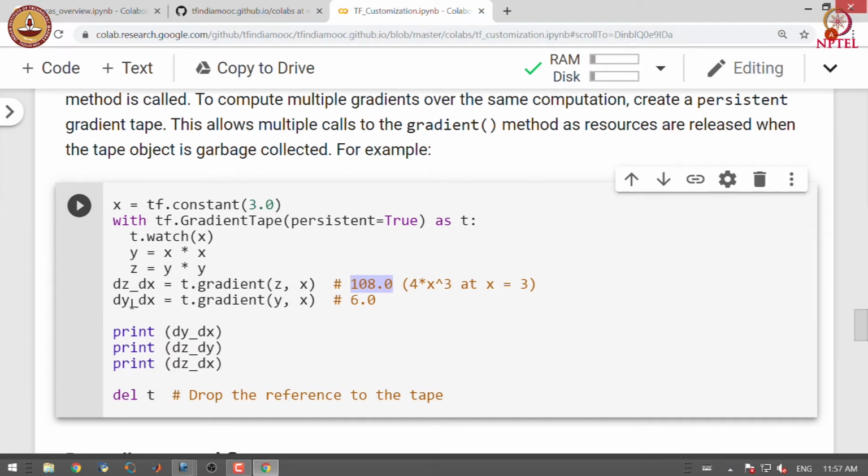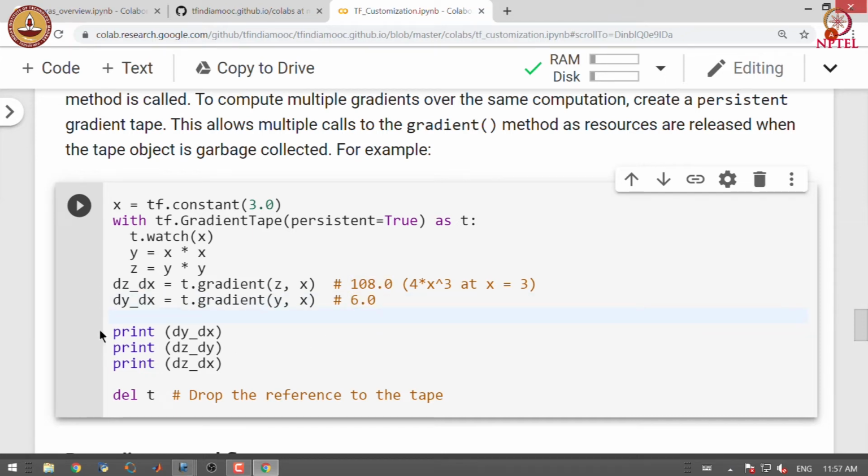We know that the gradient of y with respect to x is essentially 2x, that is why at x equal to 3 we get the value of 6.